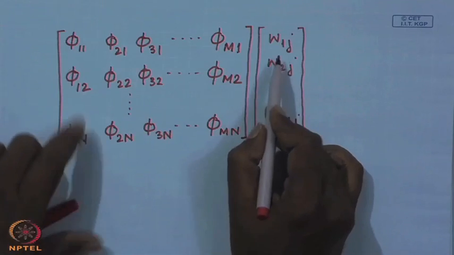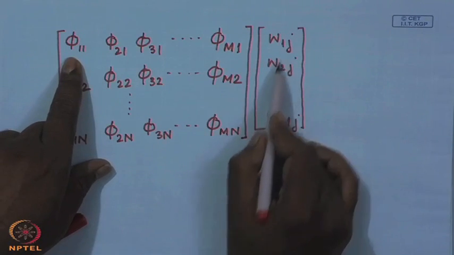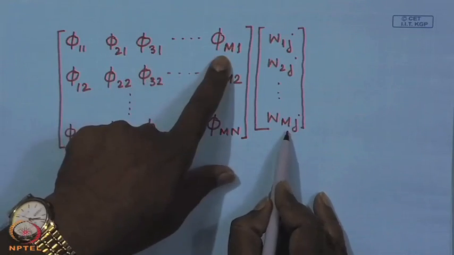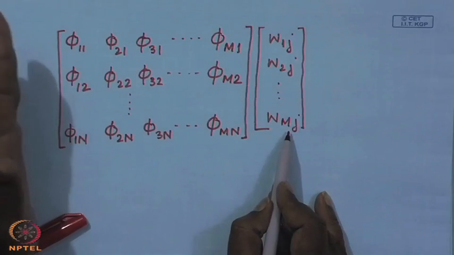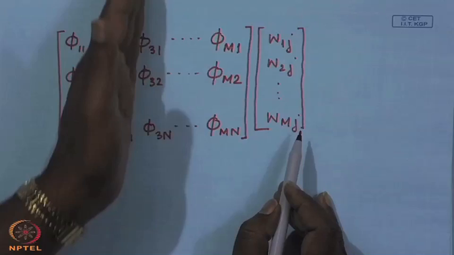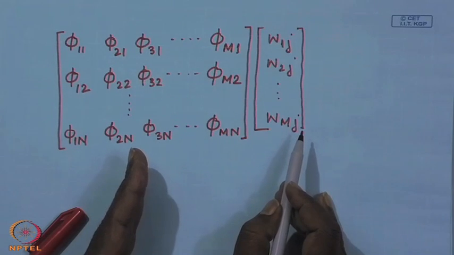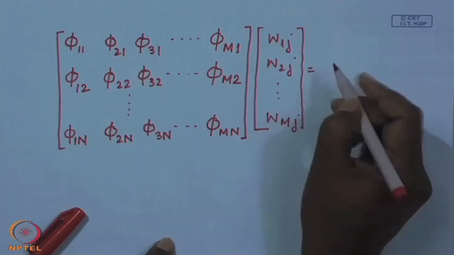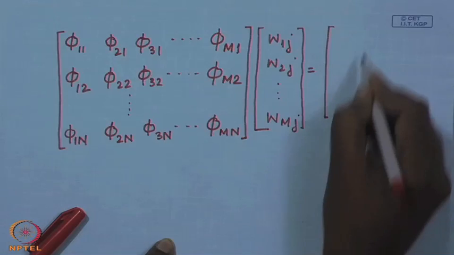So, you find that what it computes is w 1 j times phi 1 1 plus w 2 j times phi 2 1, and continue like this, up to w m j times phi m 1. That is, for the first input vector x 1, whatever is the output of the individual middle layer nodes or hidden layer nodes, this equation simply makes a linear combination of the outputs of the hidden layer nodes for the input feature vector x 1. Okay. So, this has to be equal to, again I put the output in the form of a vector,